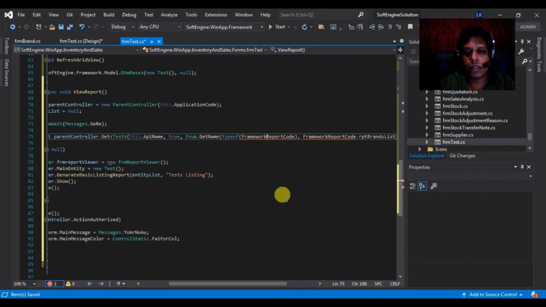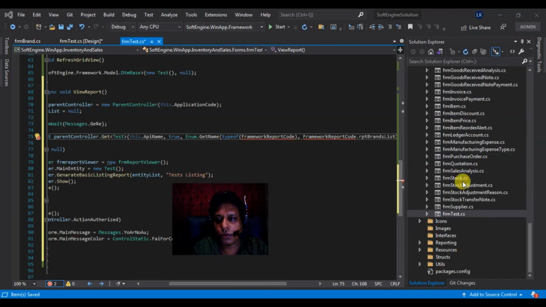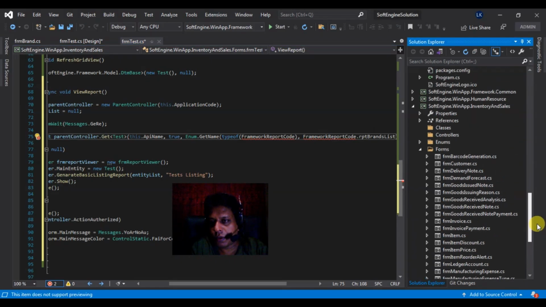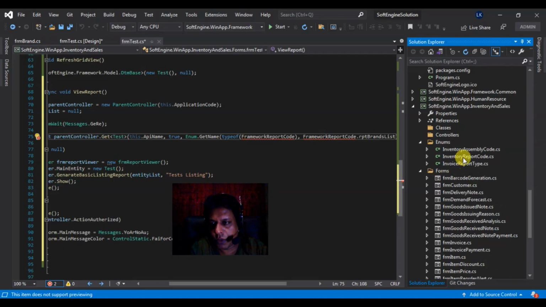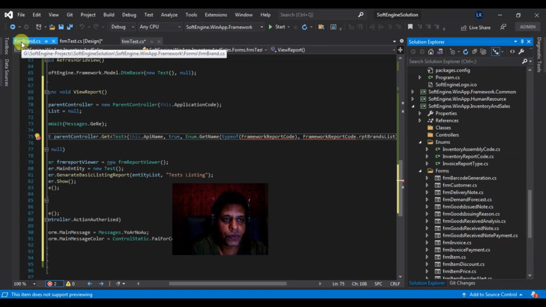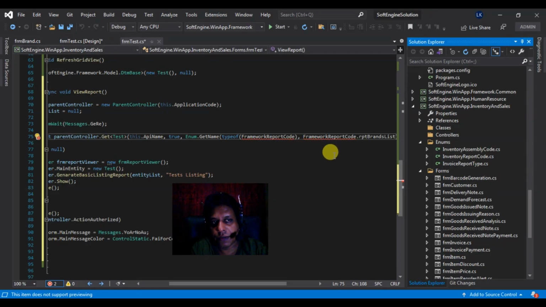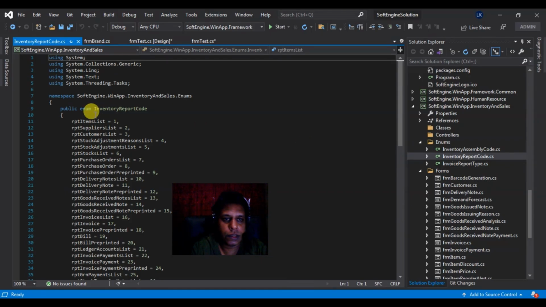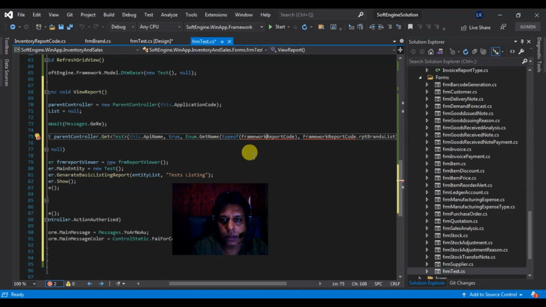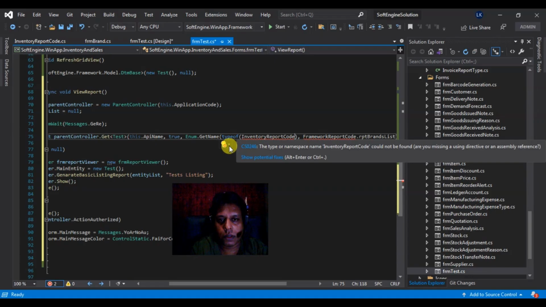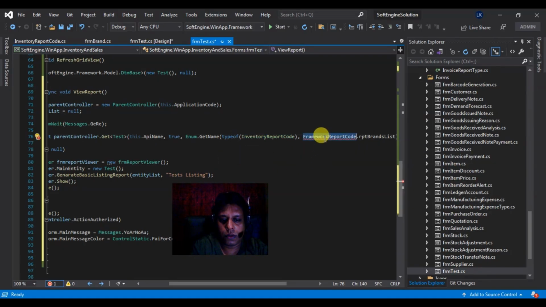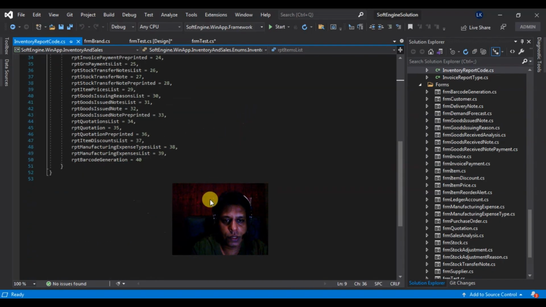We have to use the relevant report code here. Before we use the report code, we have to add a new report code. Let's see the corresponding report code class here. This belongs to the framework, because I got the code from the framework form, the brand form. Right? This is the relevant report code class. There we have to add the new report code for our